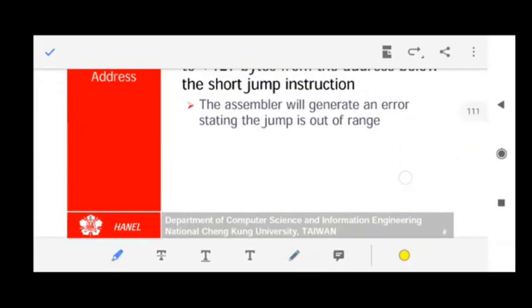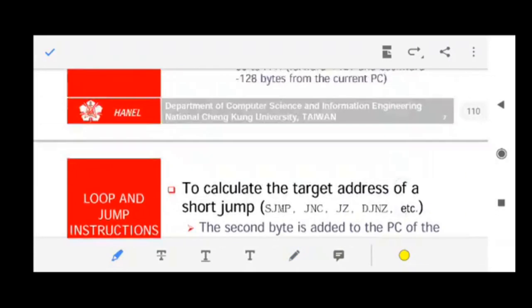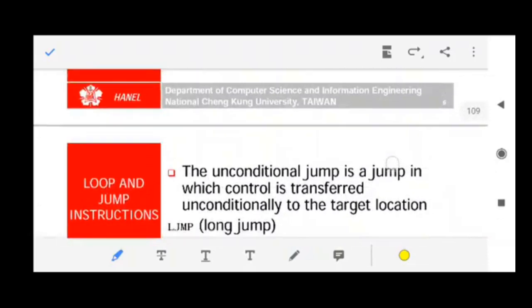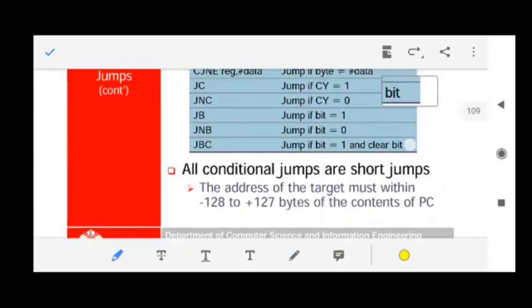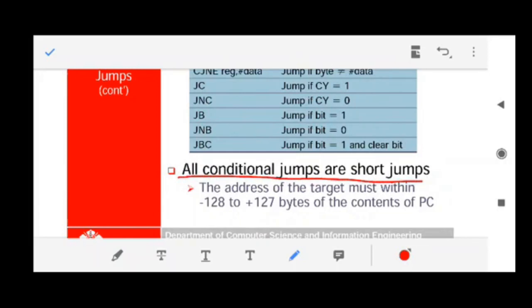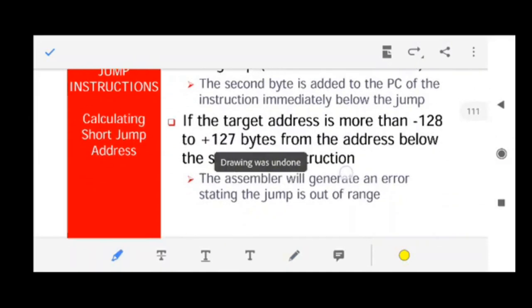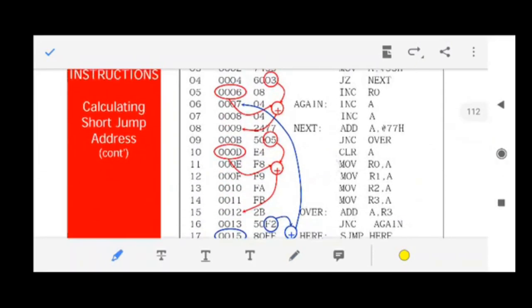We can see in this slide also I have written that all the conditional jumps are short jumps. So what does it mean? It means that this conditional jump, this conditional jump, this conditional jump, would be a short jump.